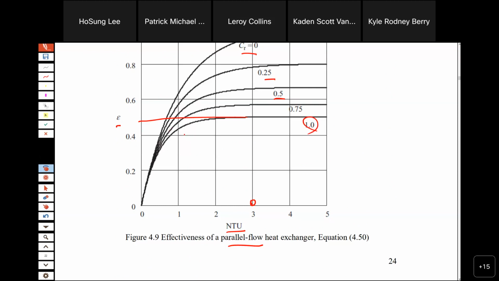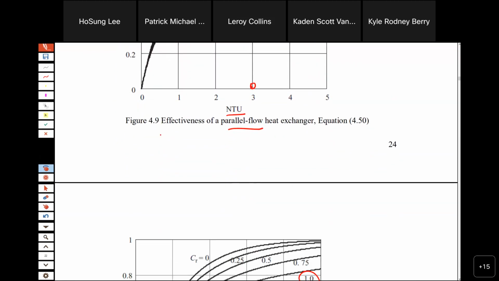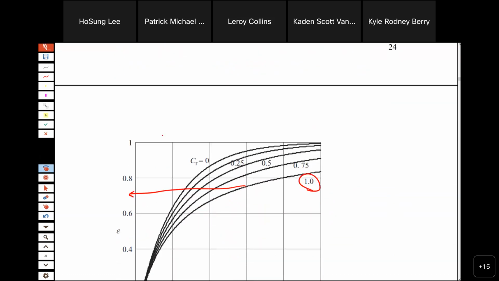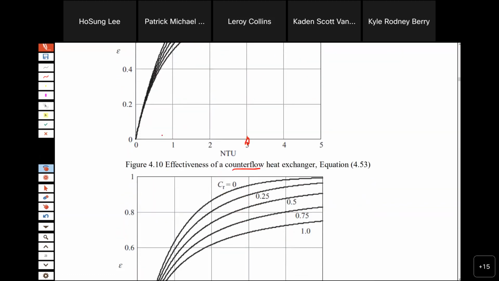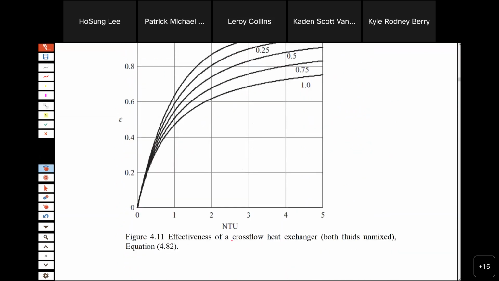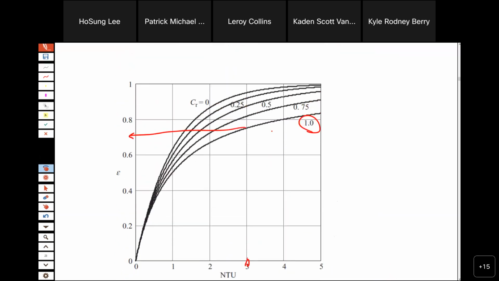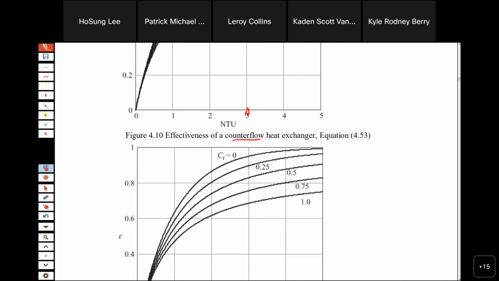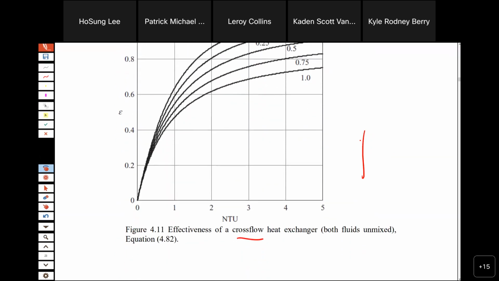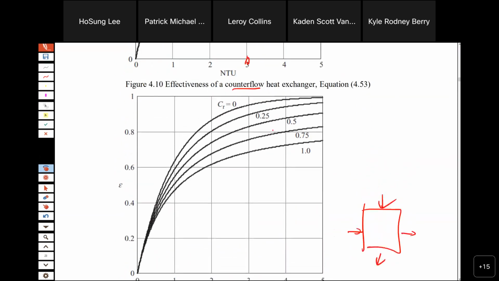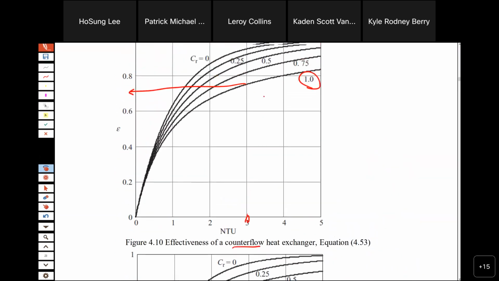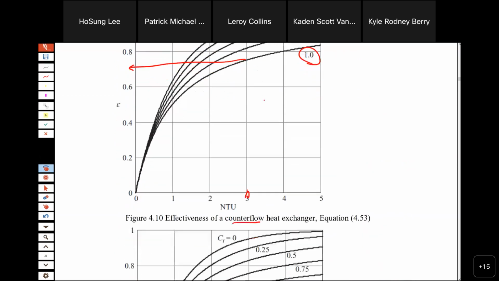If you have no reason to choose which type, what do you think? Which one is better? Counterflow is better. Okay. And the crossflow is very similar to the counterflow. But the crossflow is geometrically beneficial, this is sometimes very beneficial. So crossflow is good, almost the same as counterflow. Okay, in general,